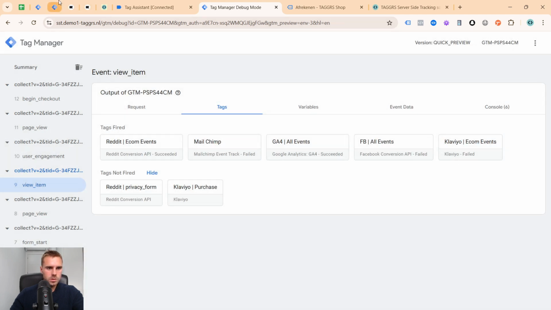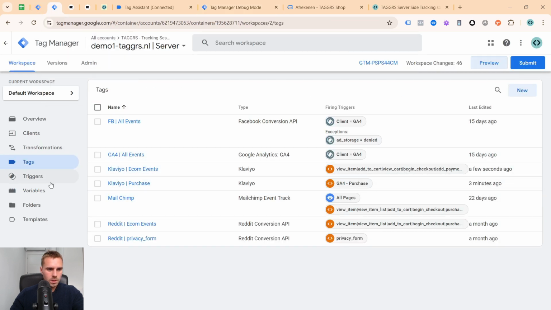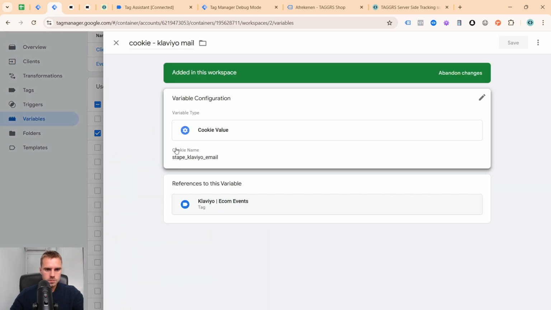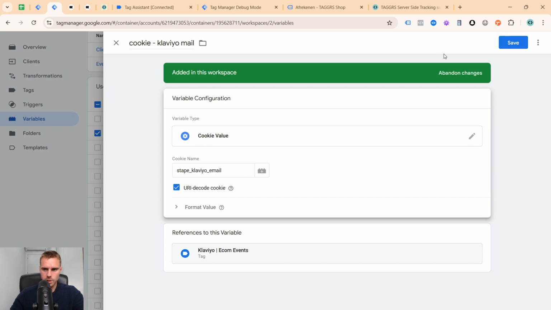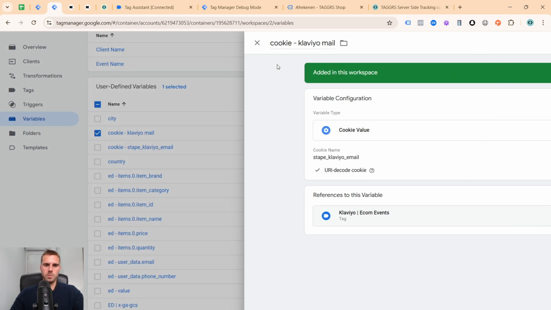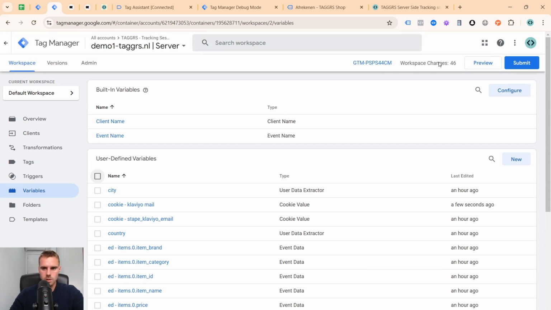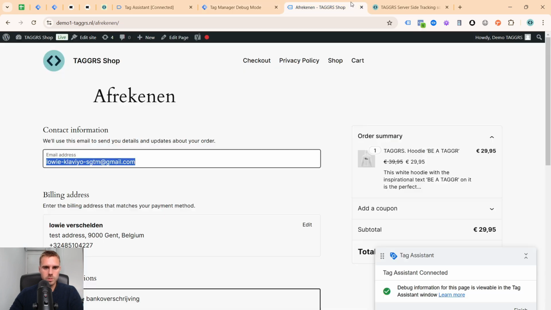We have to decode the email address. Otherwise, it will send it with percent encoding, and this cannot be read by Klaviyo. So when we do it again,